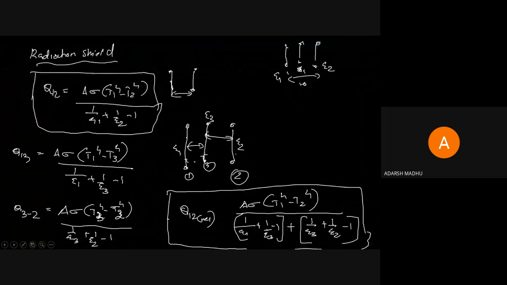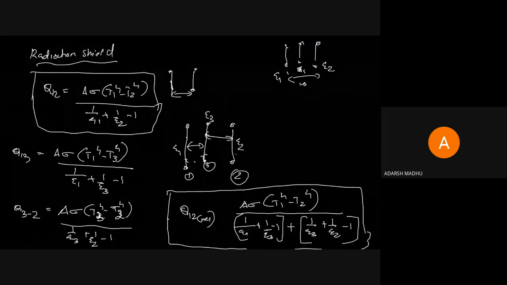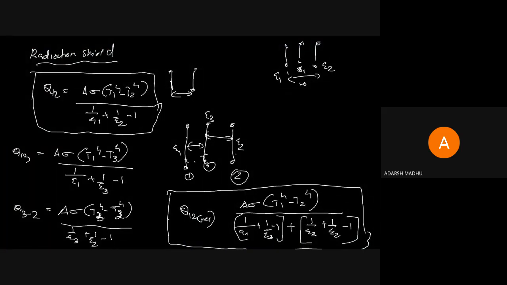In the first class we studied what a radiation shield is and what the equation is when a radiation shield occurs in a particular component. So we know that if there is no radiation shield between two parallel planes, the radiation heat transfer equation is Q12 equal to A sigma (T1 raised to 4 minus T2 raised to 4) divided by (1 by epsilon 1 plus 1 by epsilon 2